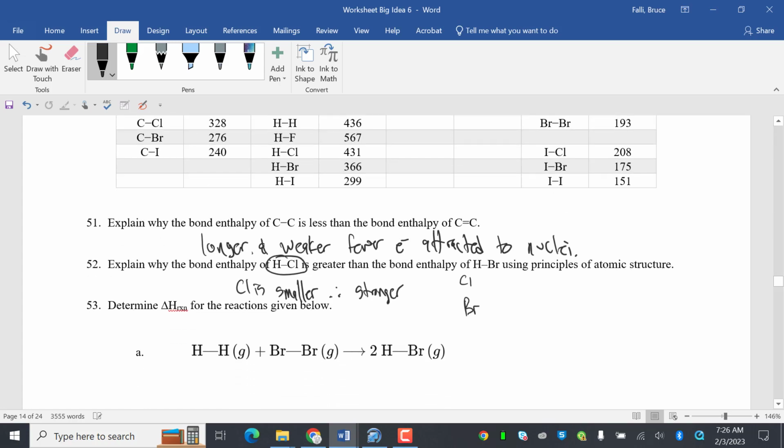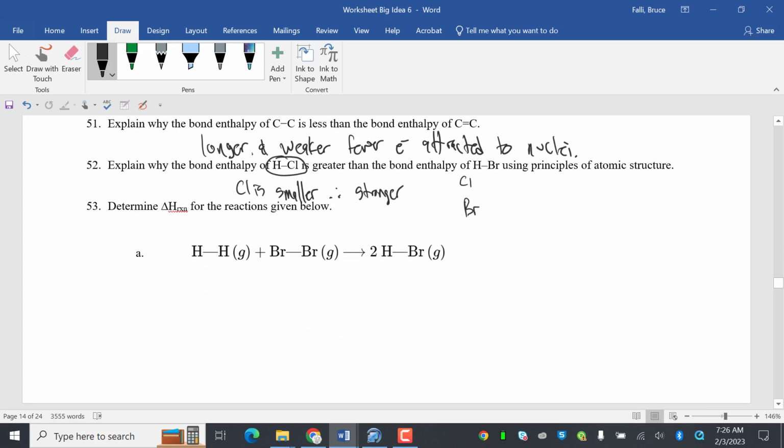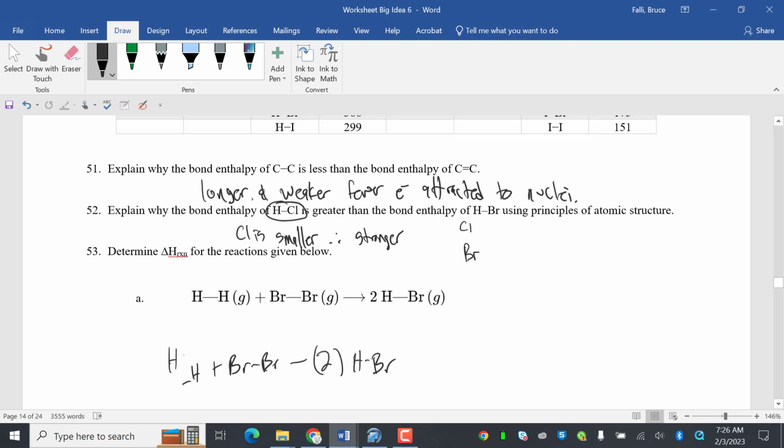Determine delta H for the reactions given below. So I have to break H to H plus Br to Br, and then I'm going to have minus 2 times H to Br. So H to H